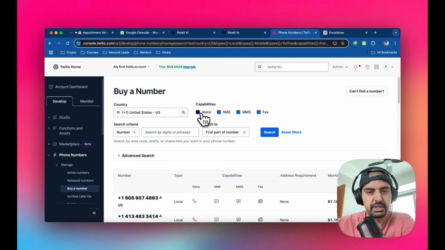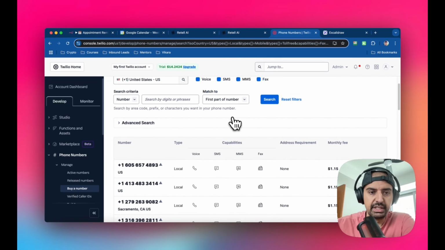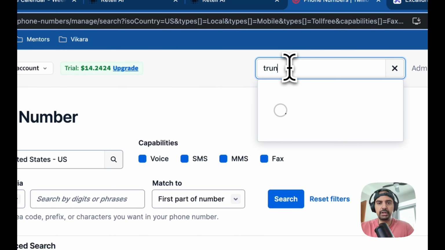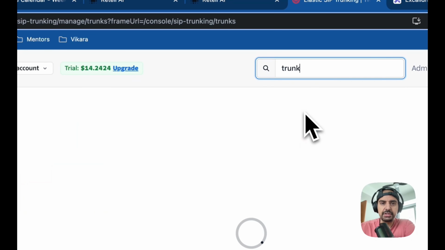Okay, so I just went with voice because that's what I'm going to use it for. So I unticked all these other ones, but you can lease any of these numbers, right? And the first thing I want to do is just type in trunk here. Okay. So where it says Elastic SIP trunks,